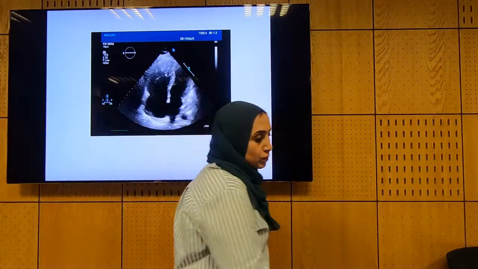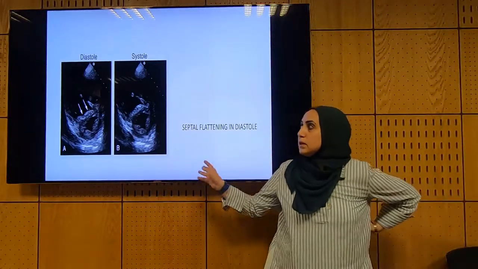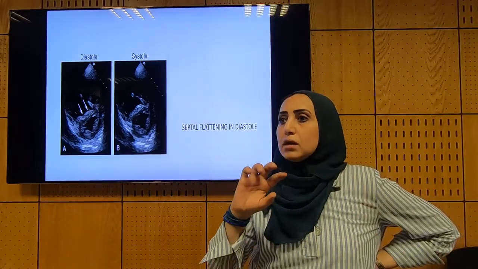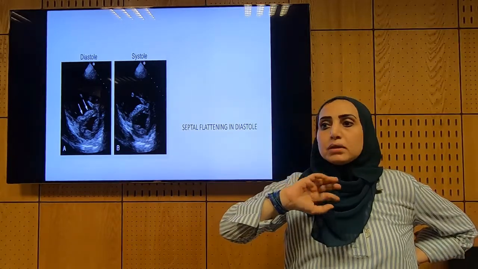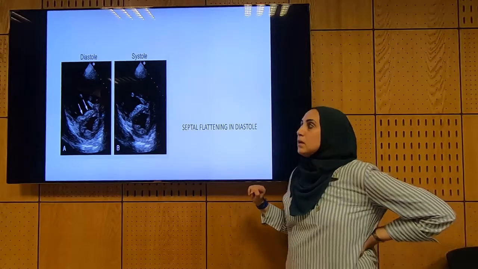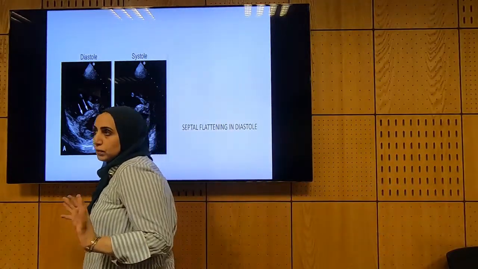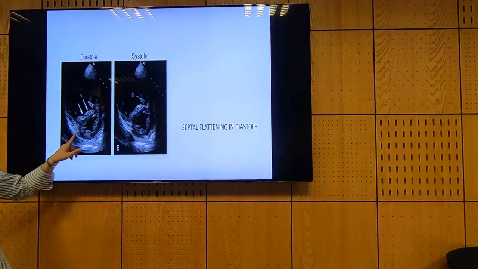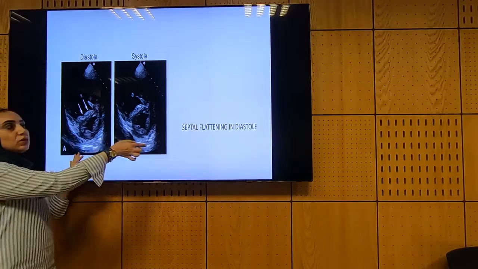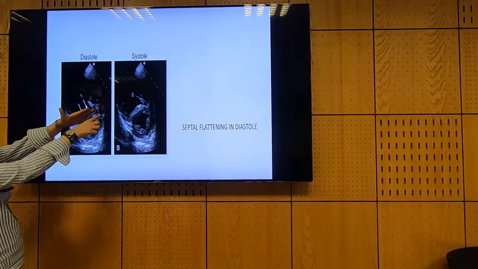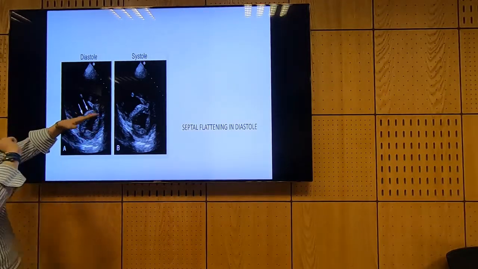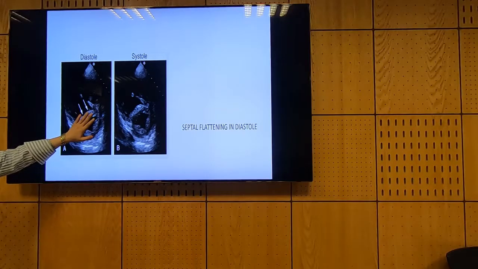And we will look for the movement of the septum. Normally, the septum usually is going towards the right ventricle. It's convex in shape, but in volume overload in the right ventricle, only in the diastole, the amount of blood could push the septum towards the left ventricle, so instead of convex shape, it will be a straight line. So if we have a straight line here, and like a semicircle here, it gives the D shape of the left ventricle. So both of these sides, globally evaluating the right ventricle, and looking for the movement of